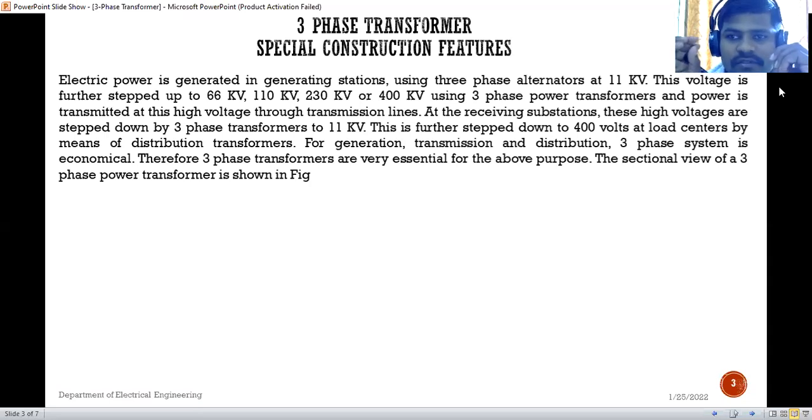Suppose we consider one example, our domestic load or our agriculture field load. If we transmit three-phase voltage to our area, एखाद्या आपल्या एरियामध्ये जर आपण three-phase line transmit केली, whether it is possible to take a single phase from that three-phase line,